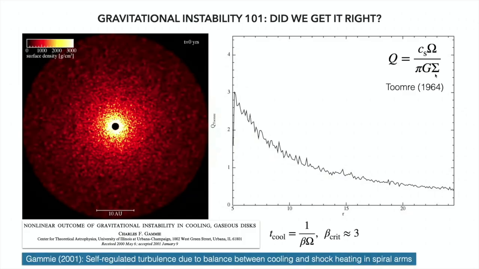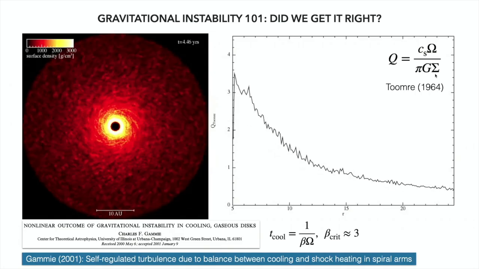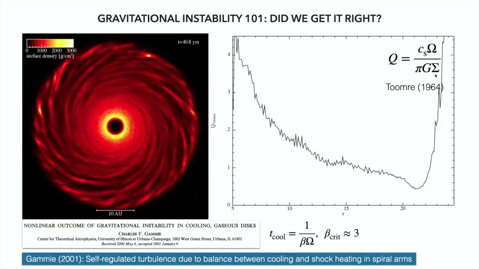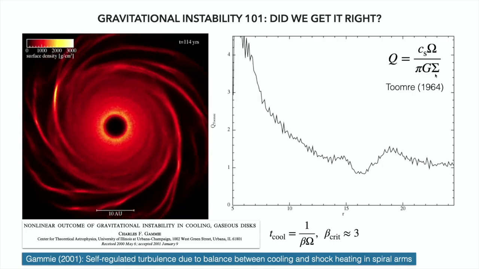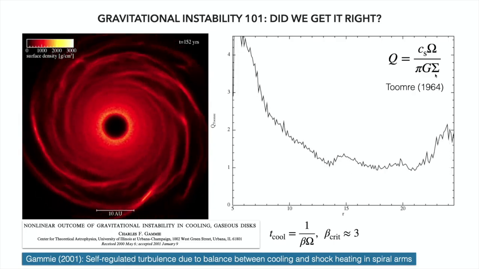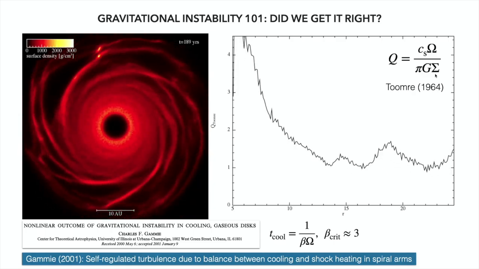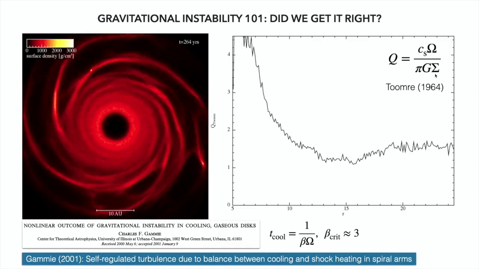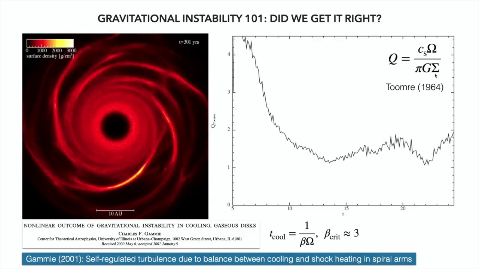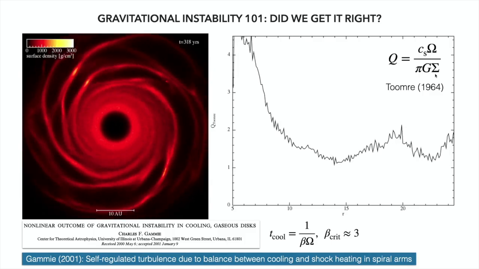All right, so the standard picture is you add some kind of prescribed cooling that's proportional to the omega in the disk. You watch it go, but of course the shocks hit the disk, this term cools the disk, and so a disk which would be unstable can self-regulate because the Toomre Q initially was unstable, the disk heats back up because of the shocks, and therefore you self-regulate and Q goes back up again, but then you cool again, and so you go back to this Q equals 1 state. So a disk behaves like a thermostat in this picture. But now what's wrong with this picture for protostellar disks?